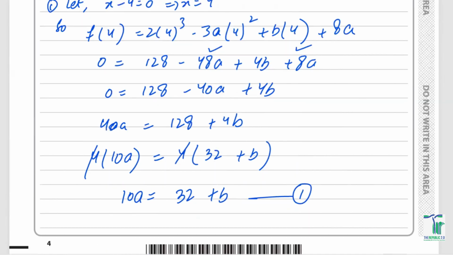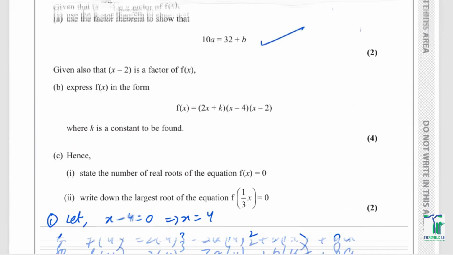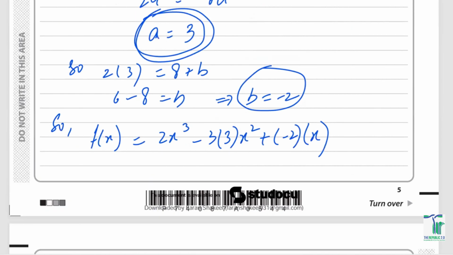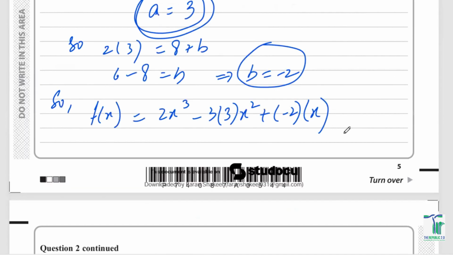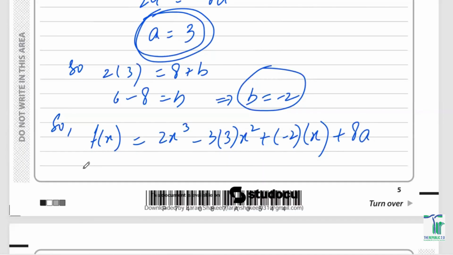And at the end of the day, I've got a constant, and that is 8a. So I'm just going to write plus 8a over here. And this equation would eventually look like 2x cube minus 9x square minus 2x and plus 8. Sorry, the value of a was 3, so it would become 24. So plus 24,